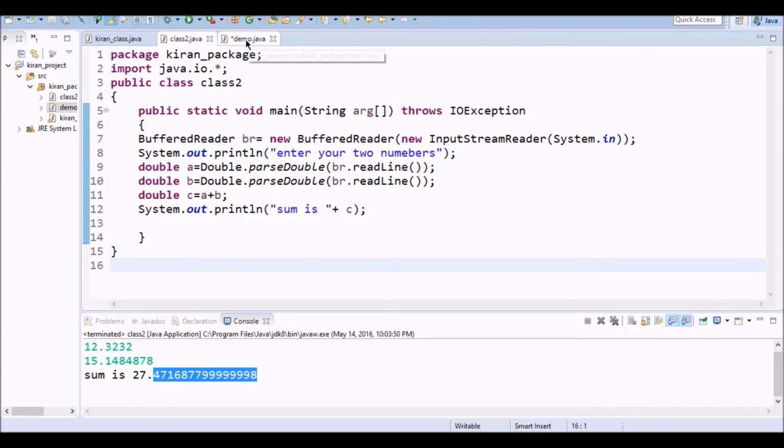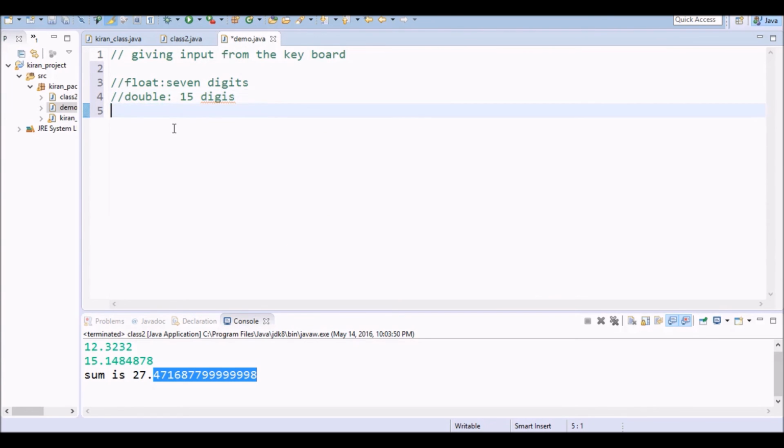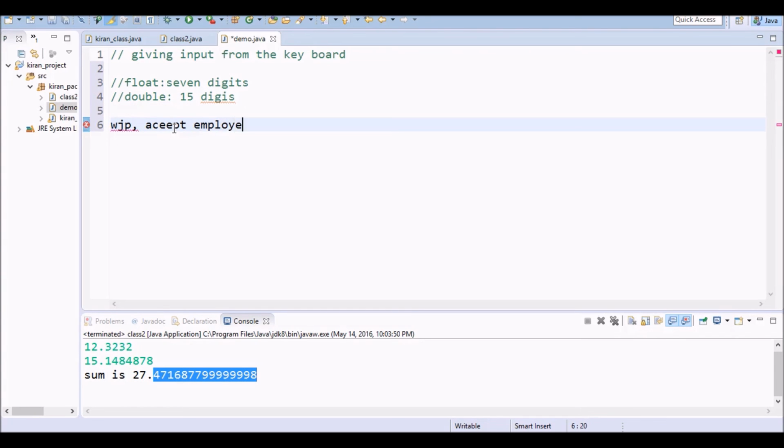So I want to give you a question to practice. Write a Java program to accept employee ID, gender, name from the keyboard and display them.